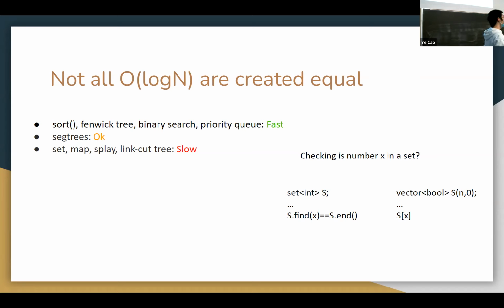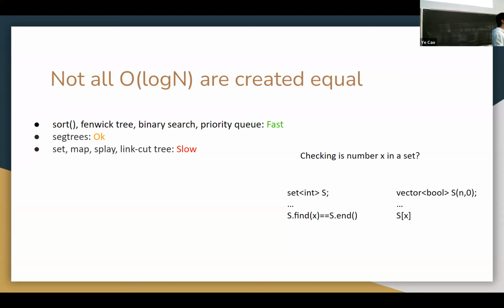You're 50% right. Because the correct answer is it depends. It depends on the range of x. If x can be as large as 10 to the 9, guess what? Just creating a Boolean vector or even a bit set of length 10 to the 9 will probably lead you to a memory limit exceeded or TLE, right? But if the range of x is only something like 10 to the 5, definitely use the second approach.